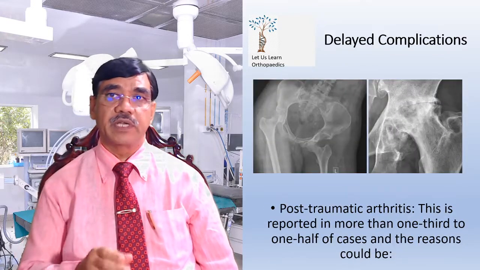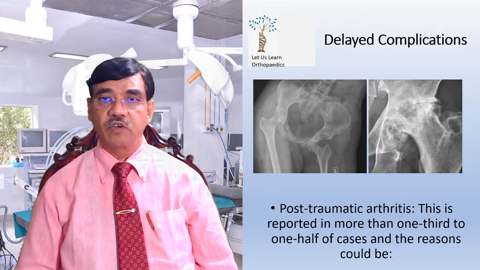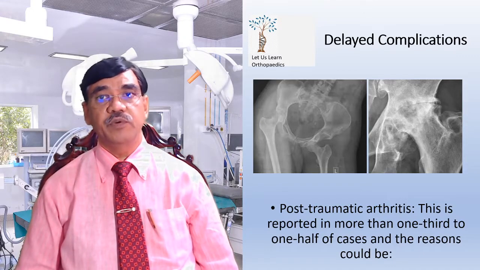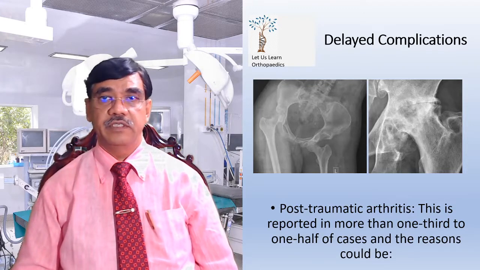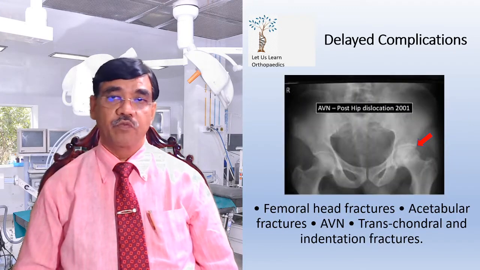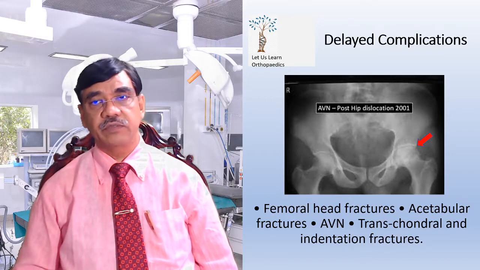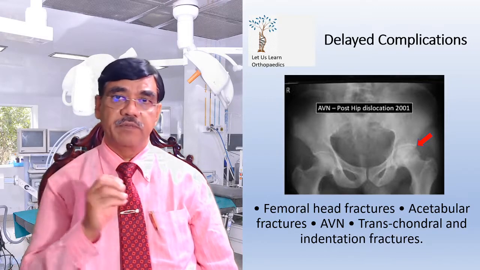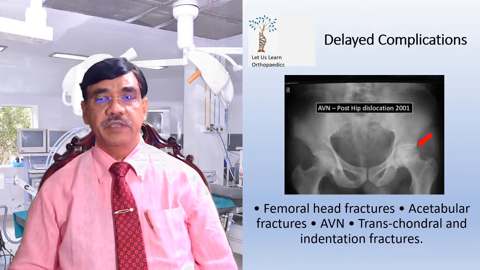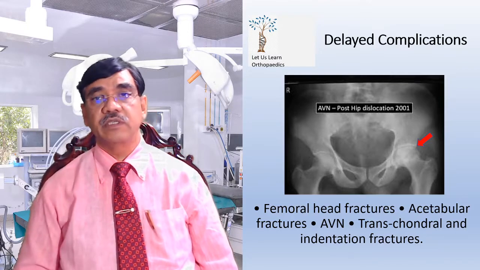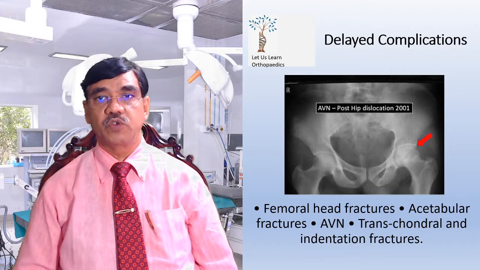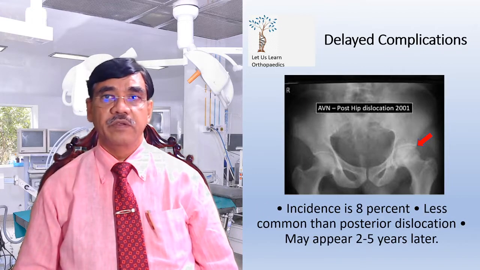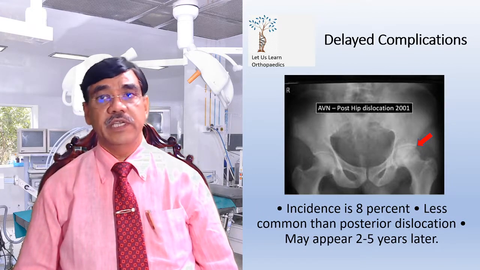Post-traumatic arthritis is the third, delayed complication. This is reported in more than one-third to one-half of the cases, and the reasons could be: 1. Femoral head fractures. 2. Acetabular fractures. 3. Avascular necrosis. 4. Transchondral and indentation fractures of the femoral head. Now the incidence is 8%,